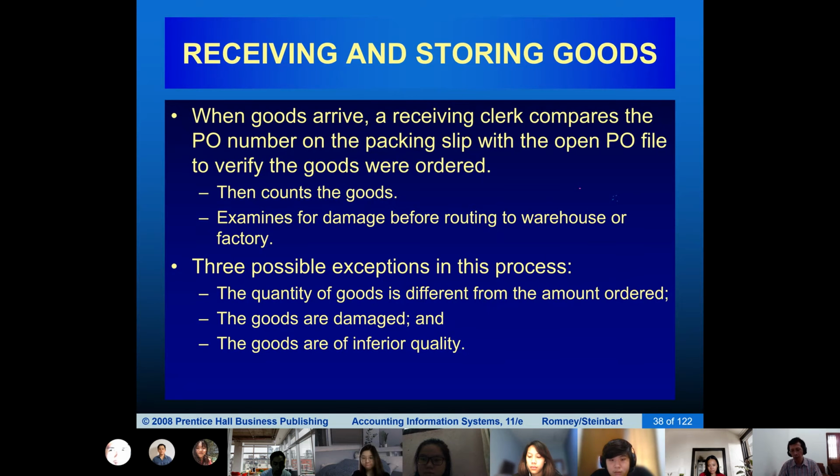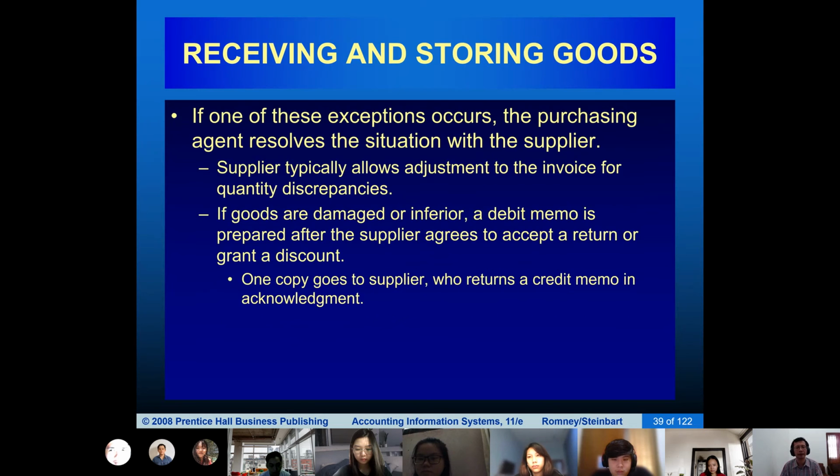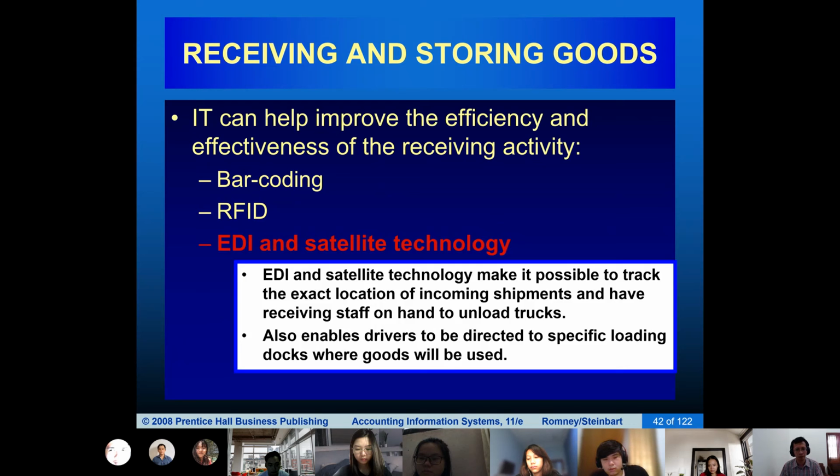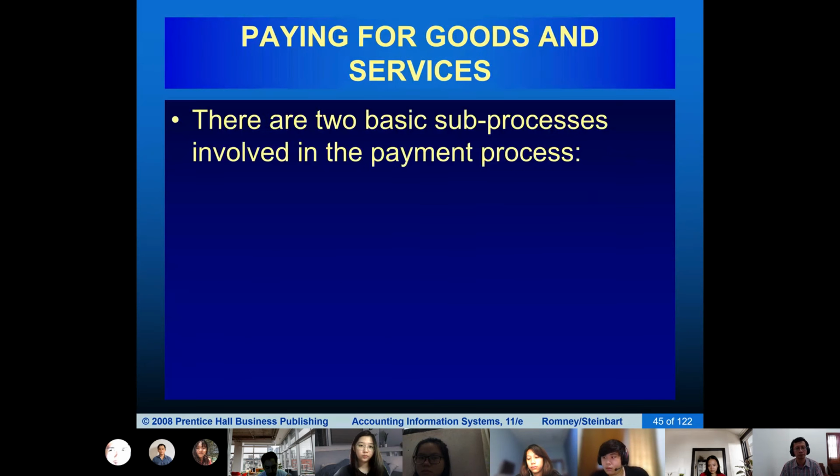Okay, so don't argue with the delivery guys because they are just delivery guys. They probably don't understand. They are also probably from different companies that are hired by the supplier to deliver the product. So if it's not on the purchase order, reject it. If you decide to accept it, report to the purchasing department. So again, this is how technology could help.